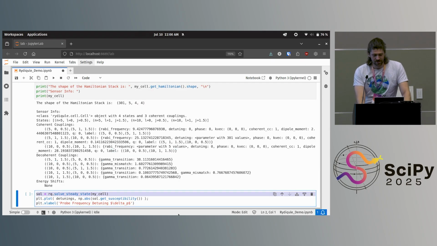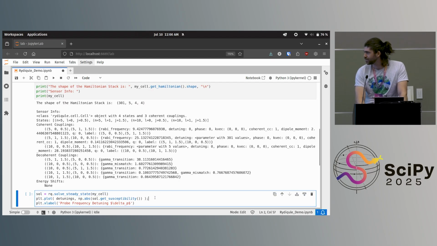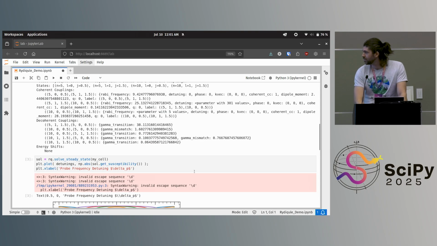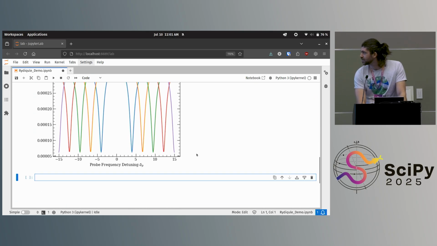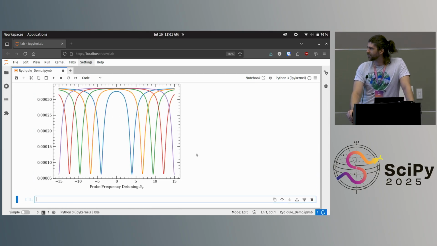We get the steady state solution, and then we can pull out susceptibility, which is a physical parameter that is basically what we see on the photodiode. And then we can plot it with matplotlib. It yells at us because I used LaTeX in the output generation. But this is a phenomenon called Autler-Townes splitting, and you can see we've plotted over our 300 or whatever values